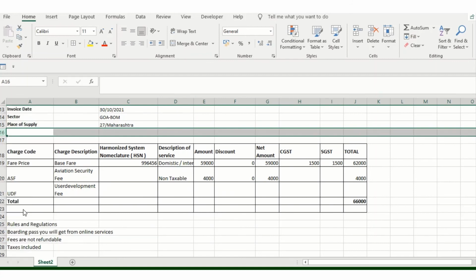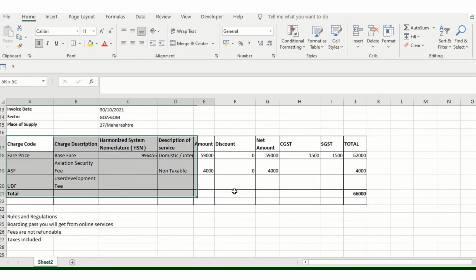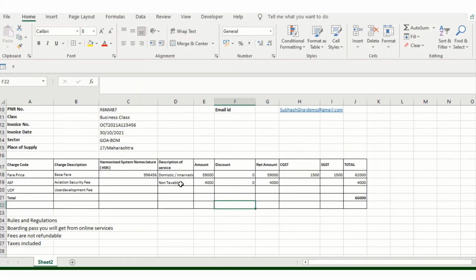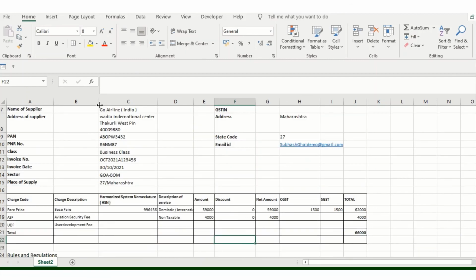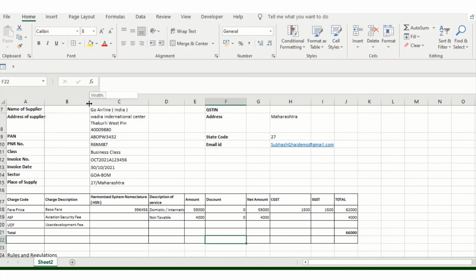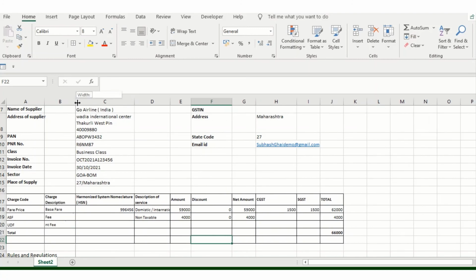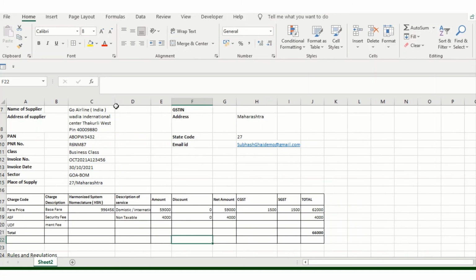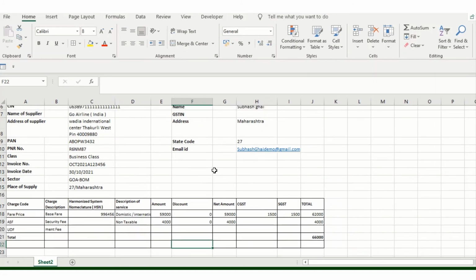Just delete this line, select this entire thing and click on 8. Okay, this is just going to give a clear bifurcation. I'll just adjust these lines.